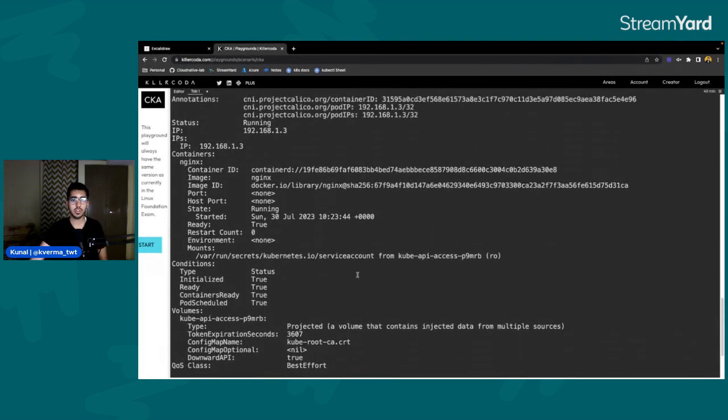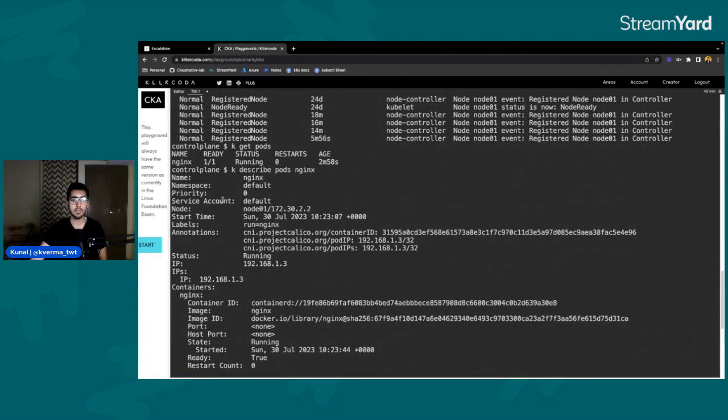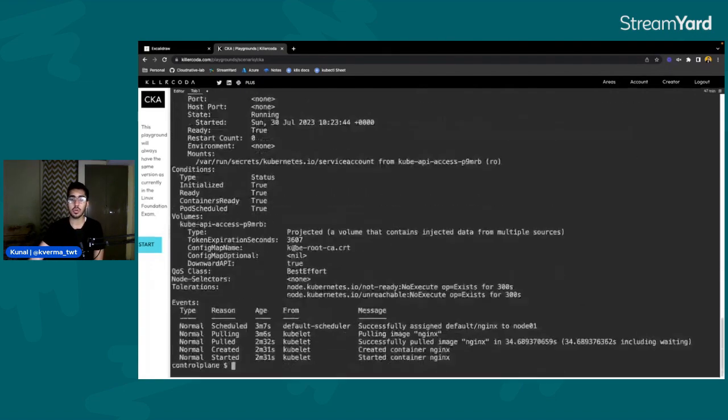So if you describe the pods and look at the node here, it would mention node 1 because there is only one worker node running, right? We can manually schedule the pod as well if we have multiple nodes. For example, if you have node 01, 02, and 03, you can schedule your pod according to your needs to the other nodes as well. But by default, it will only get scheduled to the first worker node that is there. Right now we only have one worker node. I hope you got the idea.